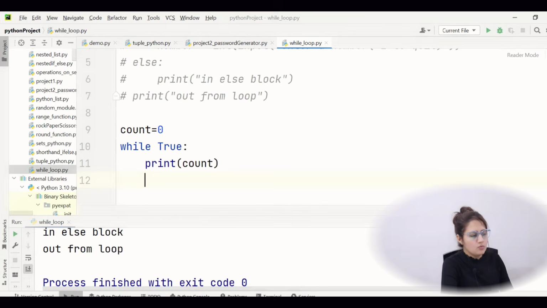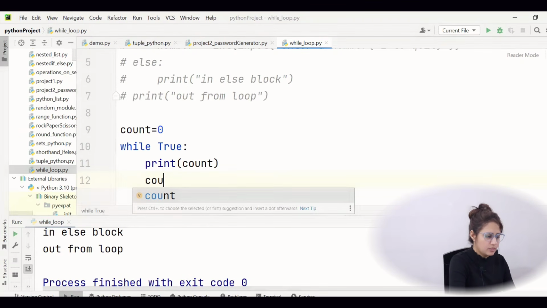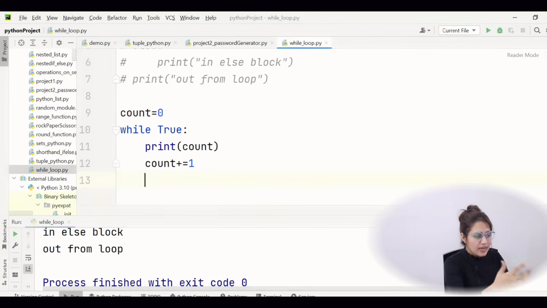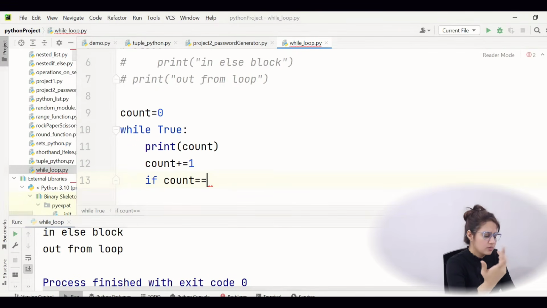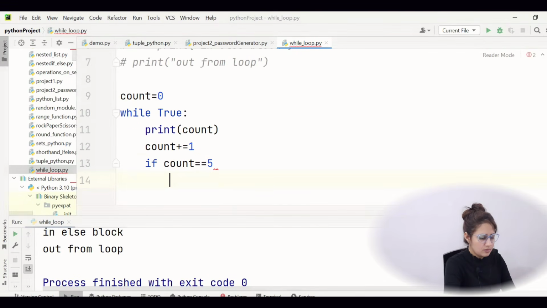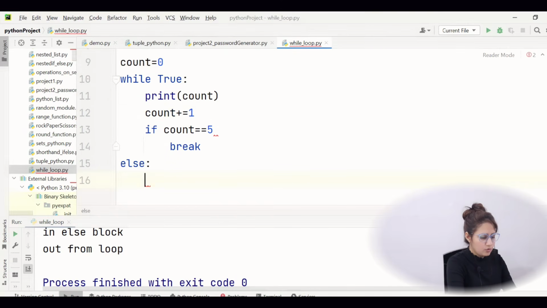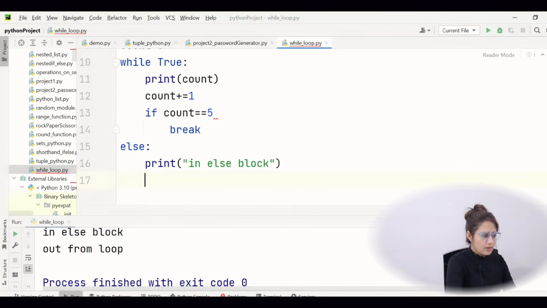We don't know how many times this statement would be executed. We will do count plus 1. This is just a simple example, right? So to break this, we can write something like: if count equals 5, once count becomes 5, then break, right? And in else we will write the same thing, in the else block, and after that a simple statement I am writing,